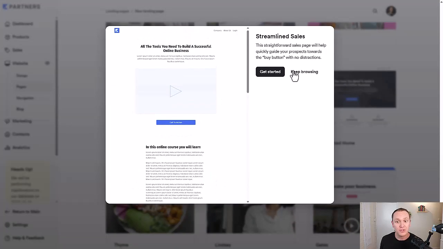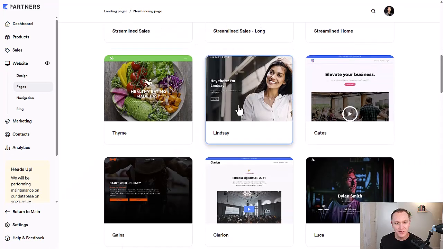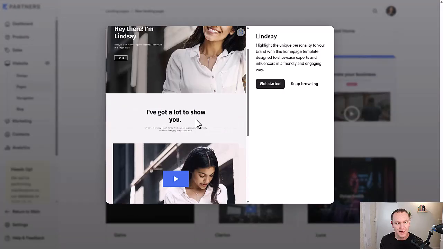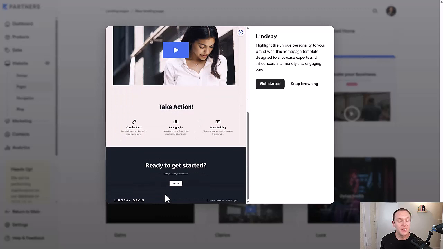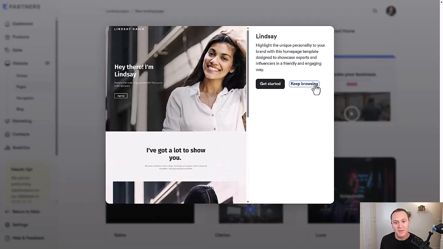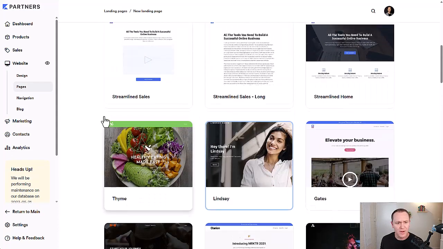Okay, it might be a little too simple for you. It's really up to you. But as you can see, this one's a lot shorter. Notice how it doesn't have that FAQ page. All right, but I'm going to assume, and we can play around with the different ones,